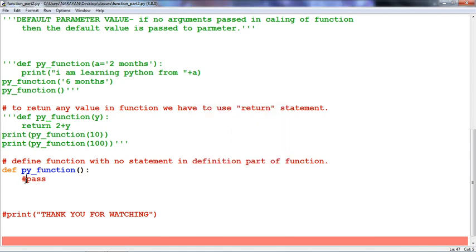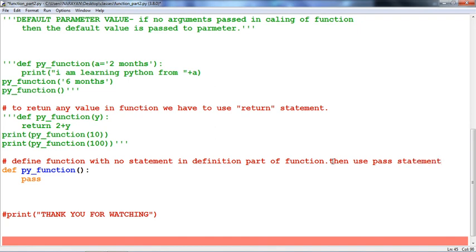That's why if we are going to use a function with no statement in the definition part, then we have to use the pass statement.